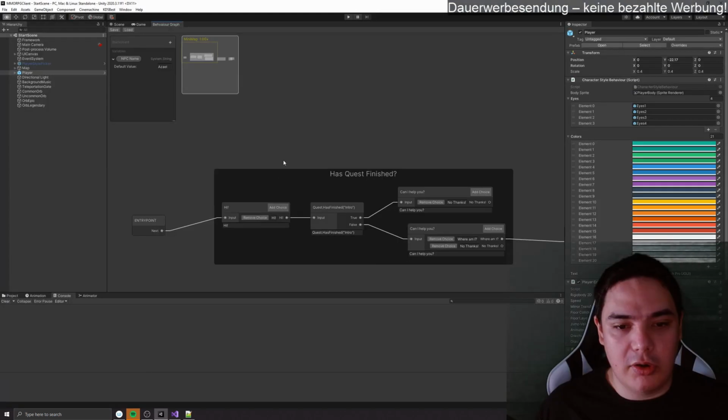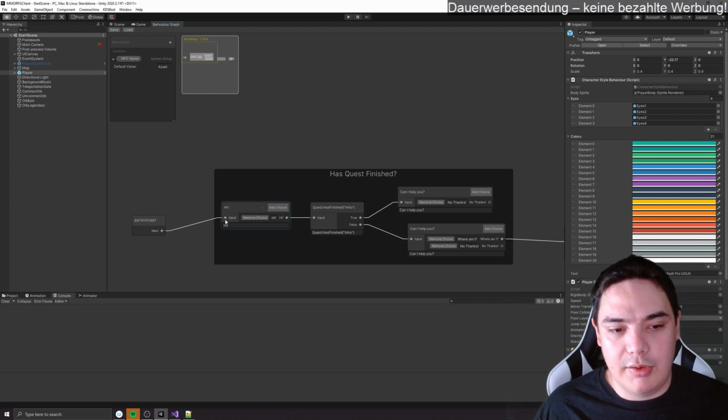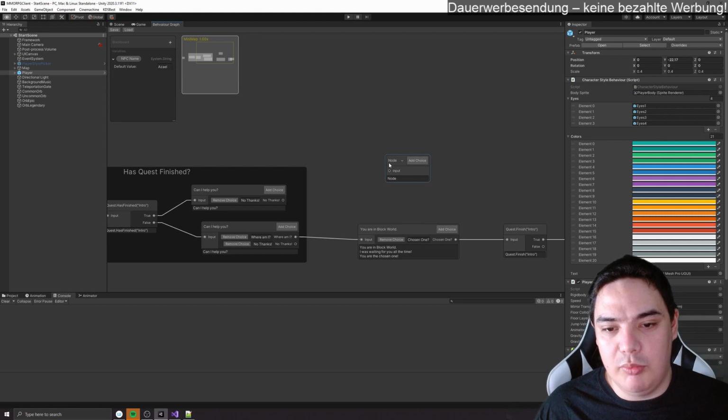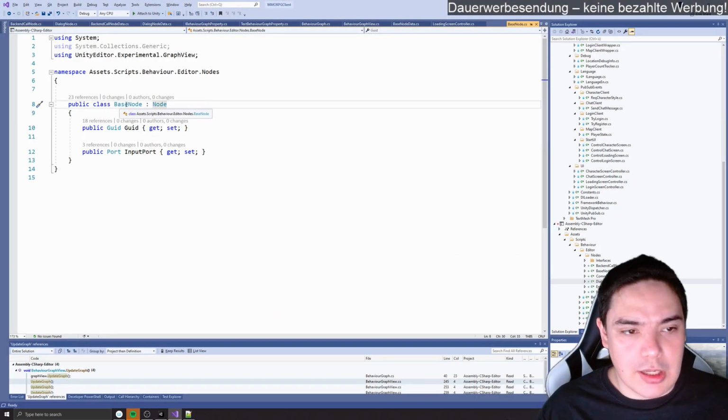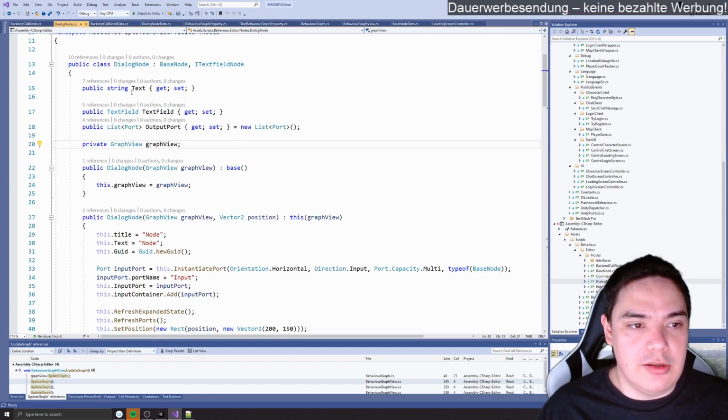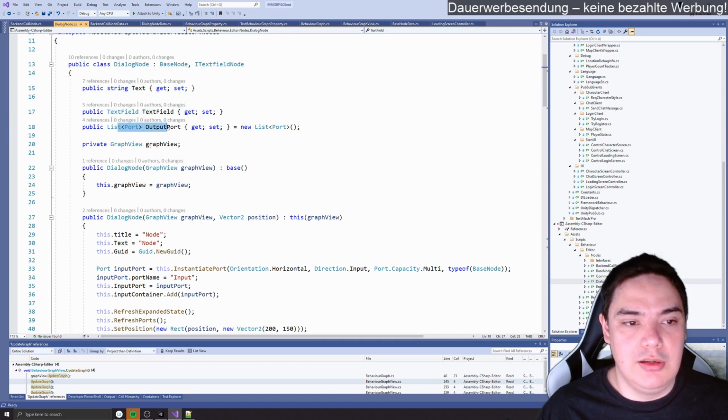An input port is basically this small button where you can connect things to. So basically everything I created, a dialog node, will have this input port. That's our base node, and dialog node will extend that with a text value, a text field,